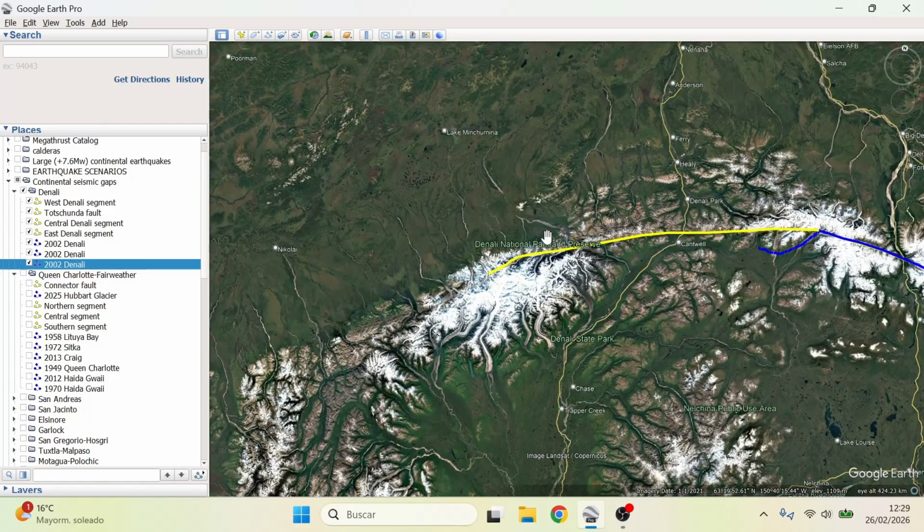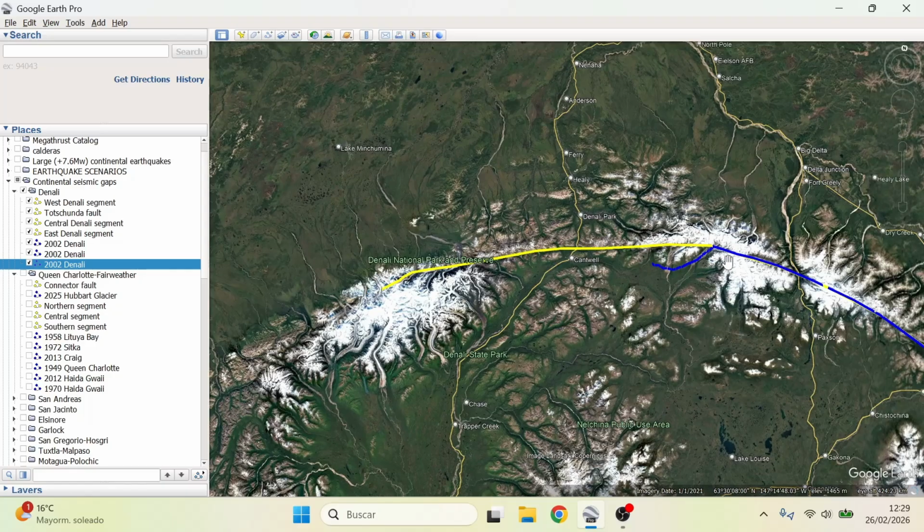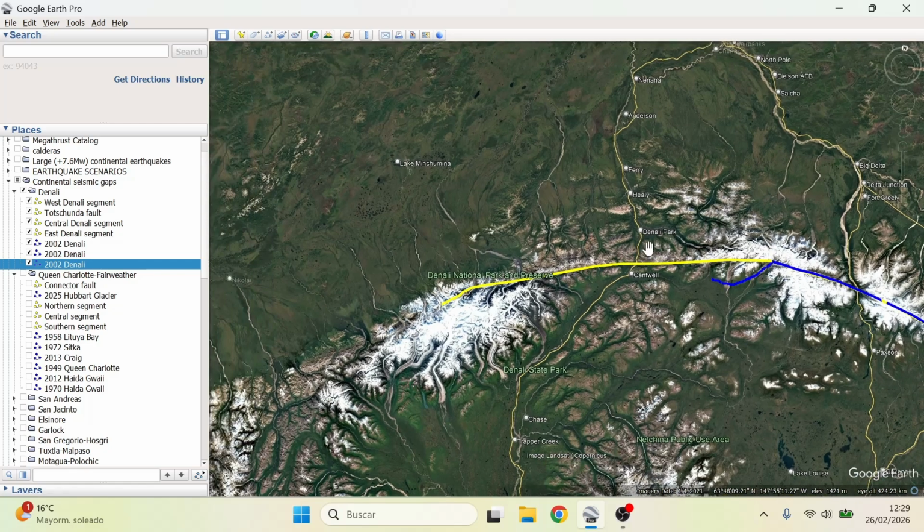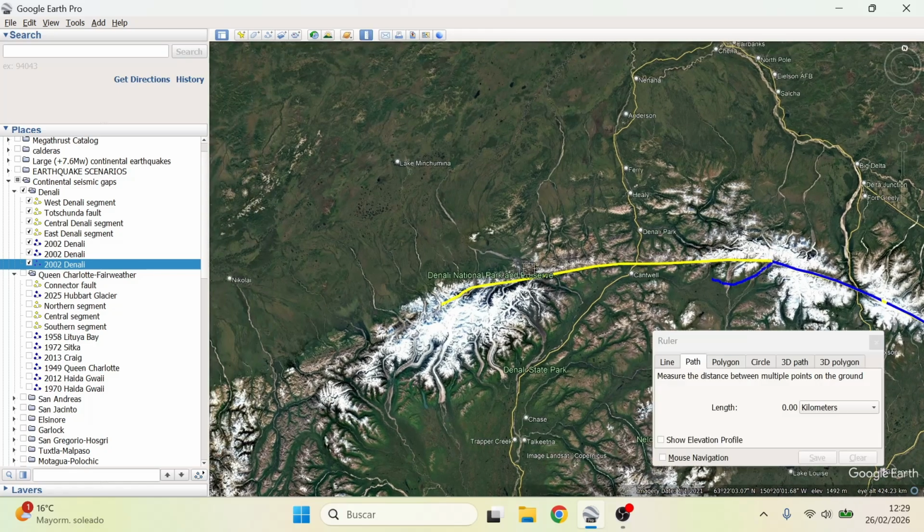So a clear seismic gap can be stated that it's between the 1929 rupture in Denali and the start of the 2002 rupture, which is mainly this part here. And as you can see, this part will be more or less 183, 184 kilometers long, which is more than enough to have a big magnitude 7.5 or higher earthquake here in this section. There are not many paleoseismic studies here, but the